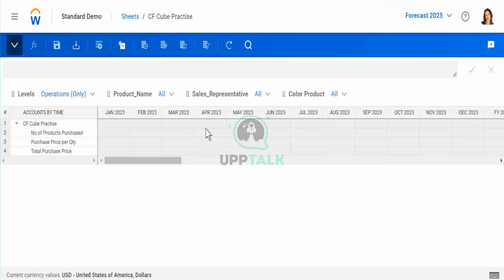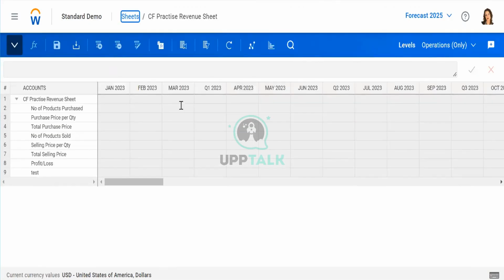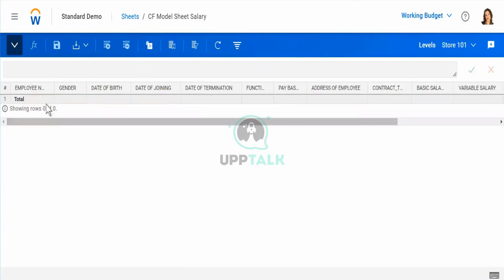In a cube sheet, all types of accounts can be created, a standard account or calculated account. Same goes with the custom standard accounts in your standard sheet. All types of accounts can be created and presented there, but in a model sheet, only calculated accounts are created.